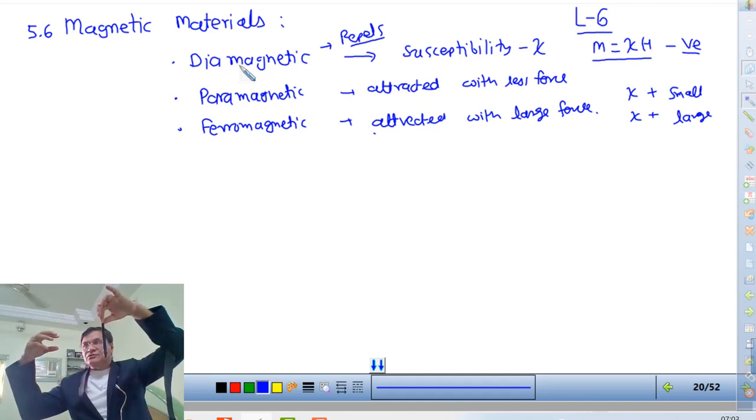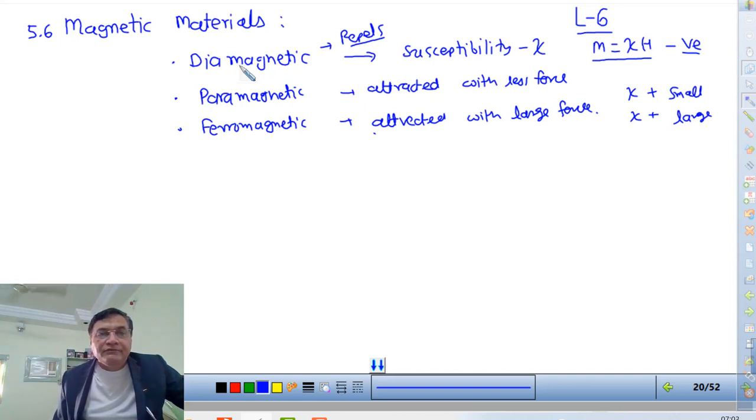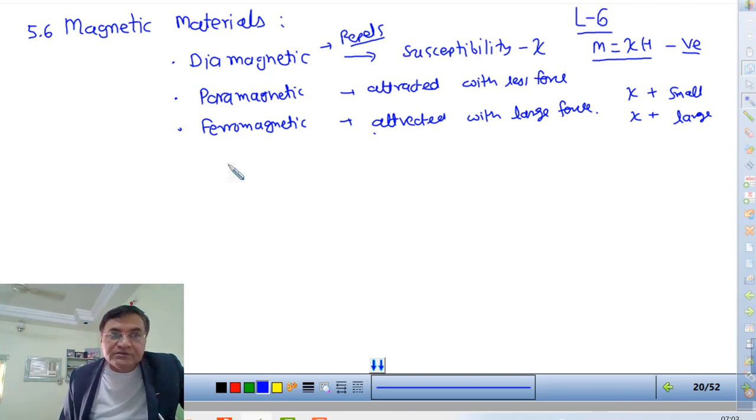If it attracts toward the field a little bit, it is paramagnetic. And if it attracts strongly like that, it is ferromagnetic. So this is the testing we can do. Once this type of question was also asked,